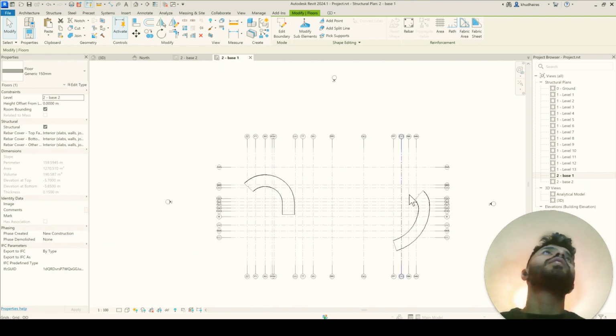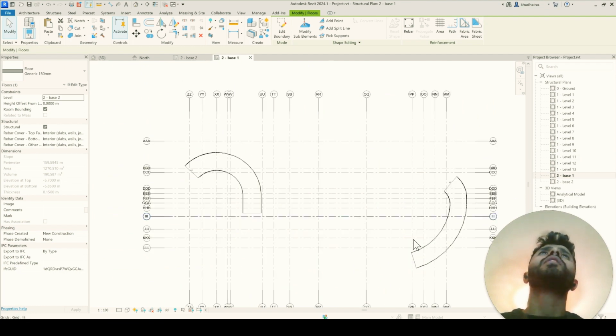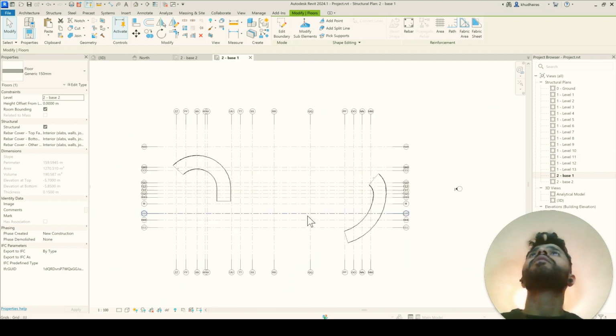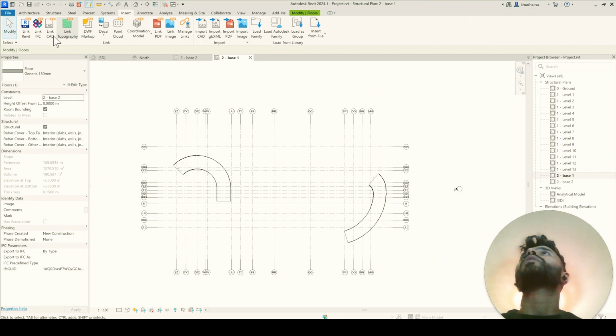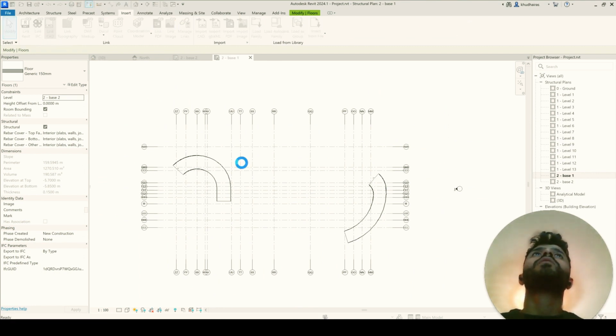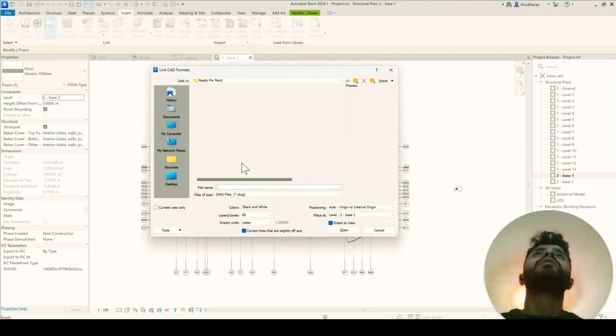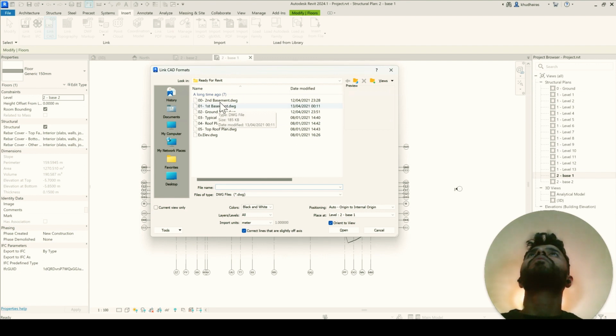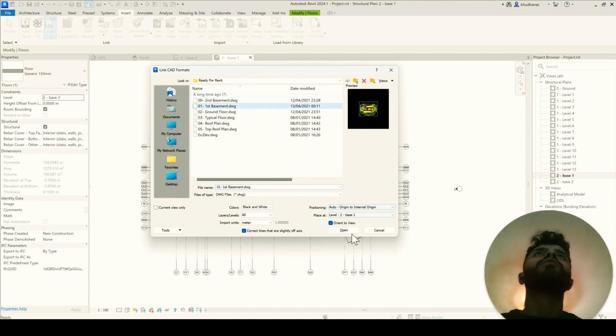So if I go here to basement 1, as you see, we don't have the plan here. So I will just insert it quickly. Link, Add, and I can search basement and origin.